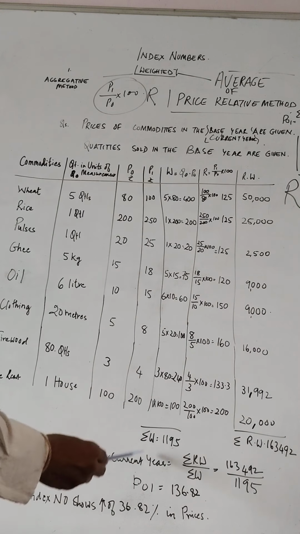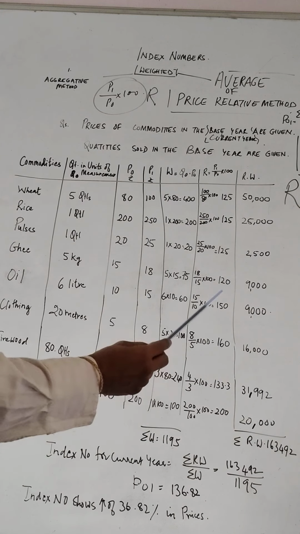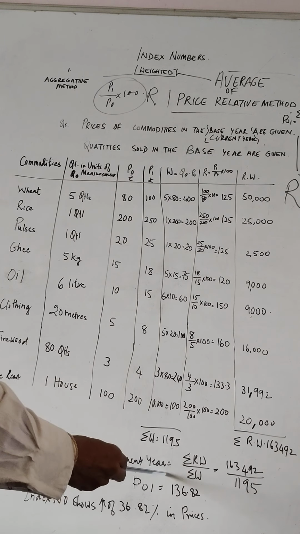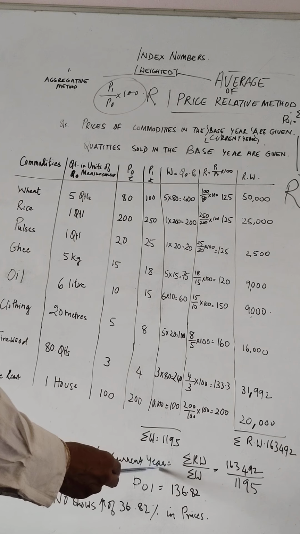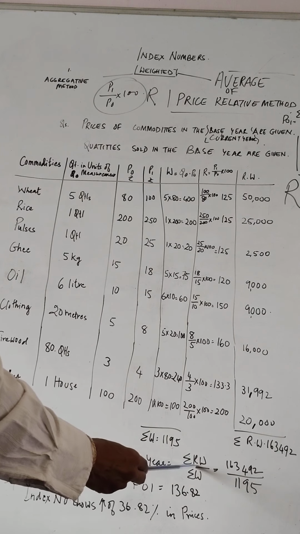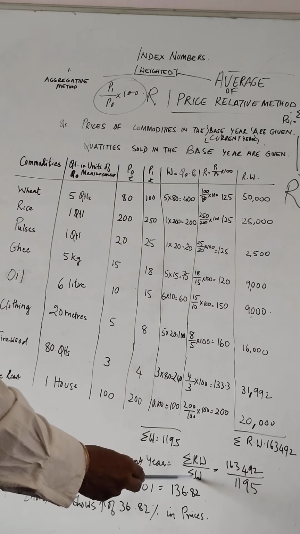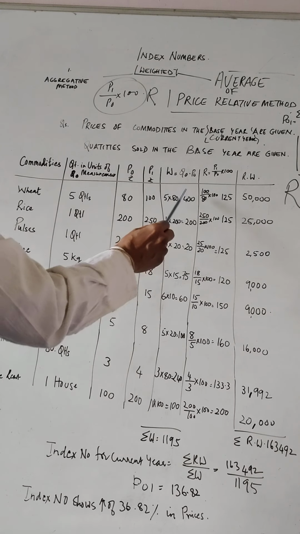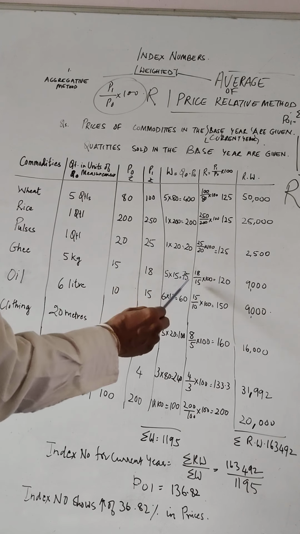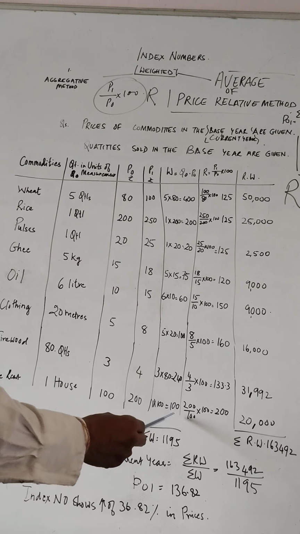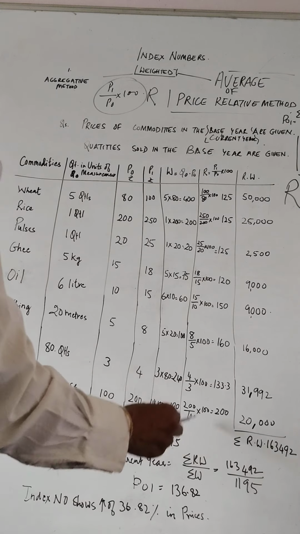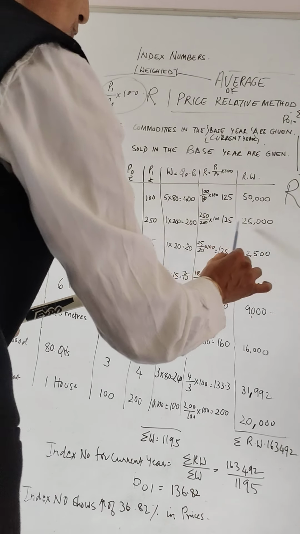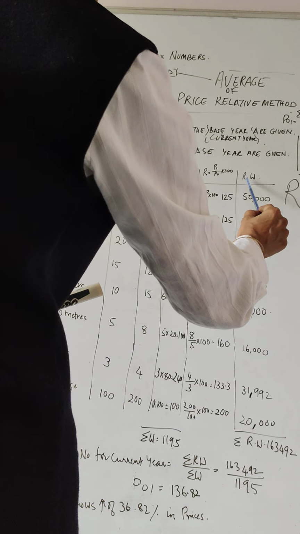Now we will work it out. Now important thing is you have to have sigma weights. You have to add this up. This is the index number for current year by average of price relative method. So R is the price relative, W is the weight, and summation of weights. So we must have this. We got to sum up the weights. So 400 plus 200 plus 20 plus 75 plus 60 plus 100 plus 240 plus 100, you get 1,195. And for a price relative, we don't have to add this up. What we have to add is the R into W's that we